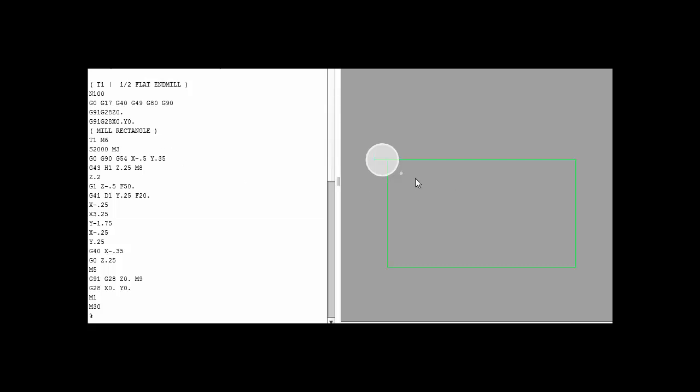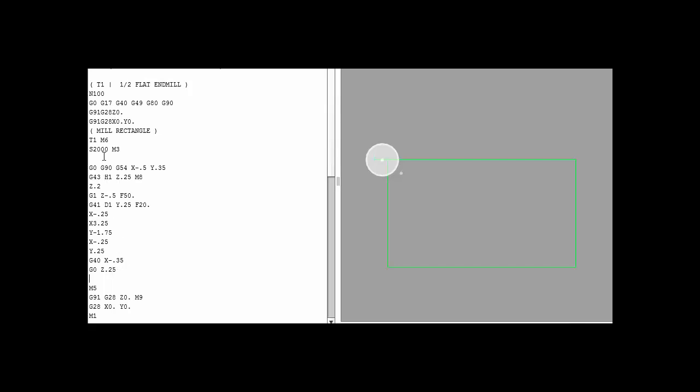So we're going to rotate about this X0, Y0 point here in the upper left hand corner. Now the shape starts right after we turn the spindle on with the S2000 M3. So the shape finishes right here when we retract in